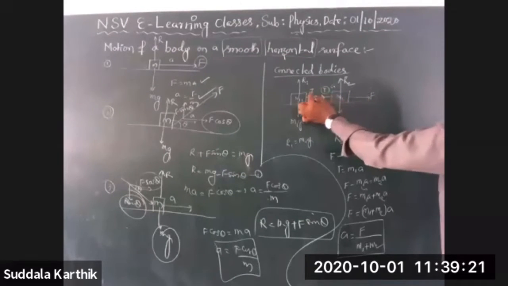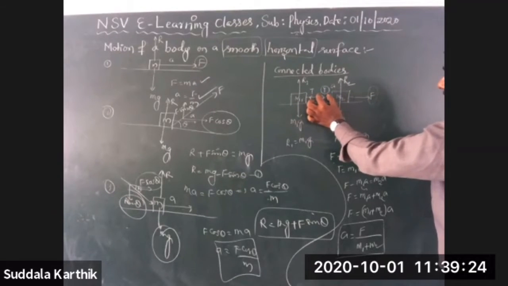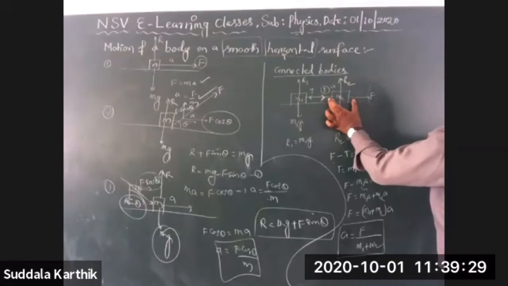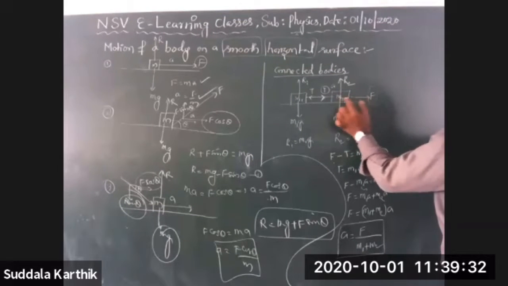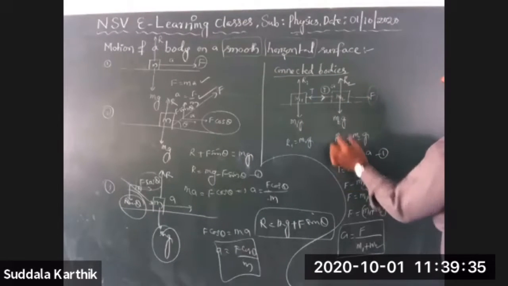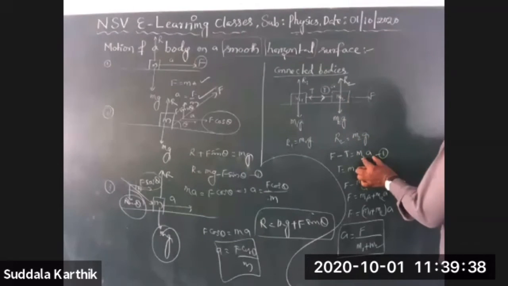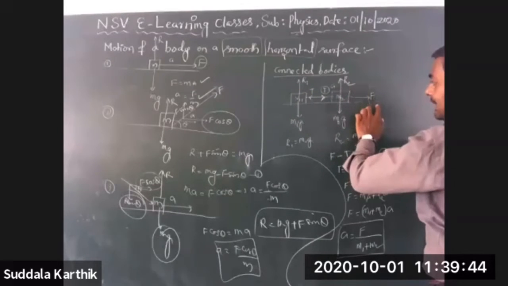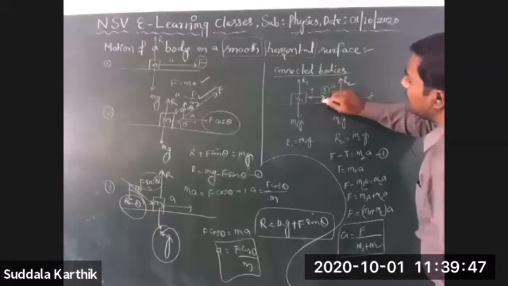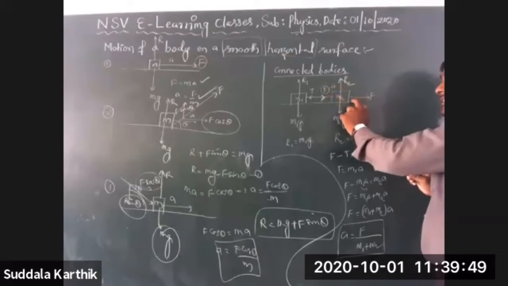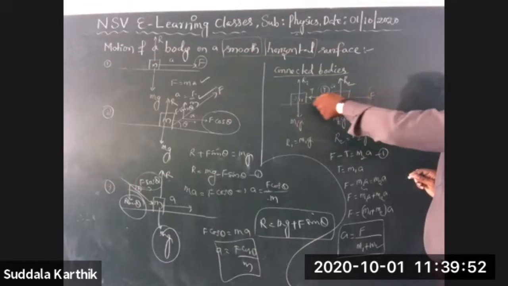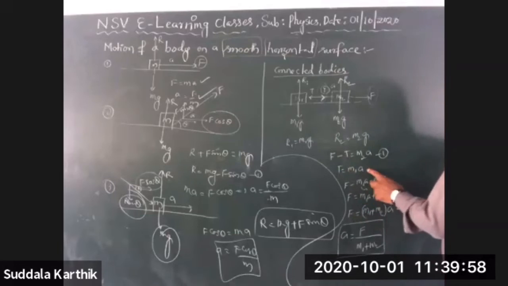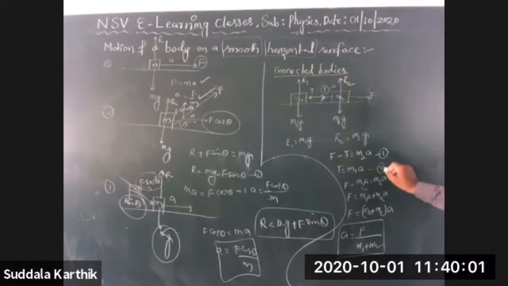So F minus T, because this is developed due to this one, and that is developed due to that one. That's why I am first calculating the resultant force acting on this body. The resultant force F minus T must equal m2 into a. After that, here also, what is the resultant force? On this body F is not acting, only this T is acting. This T is developed by the other body, so T is the resultant force, which equals m1 into a. Let it be equation number 2.